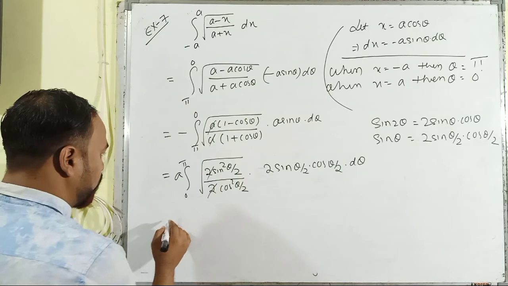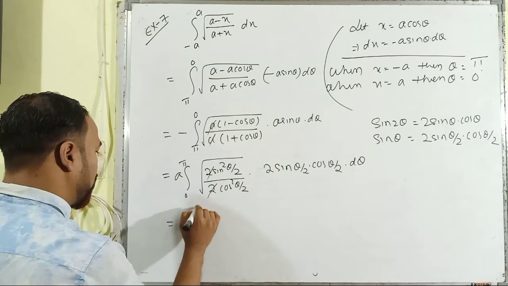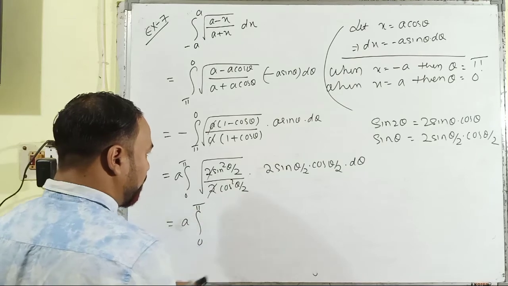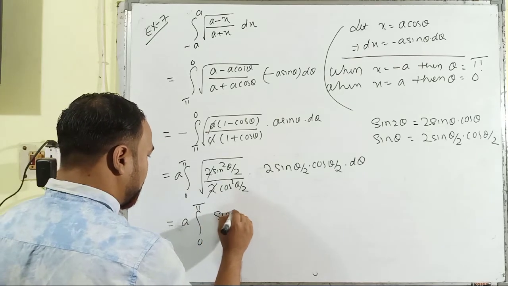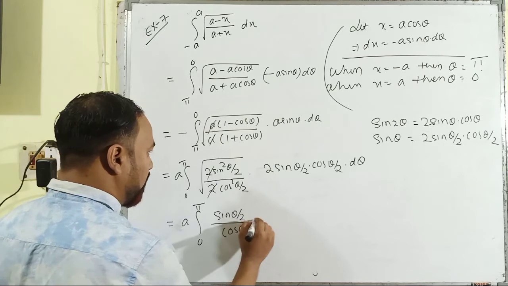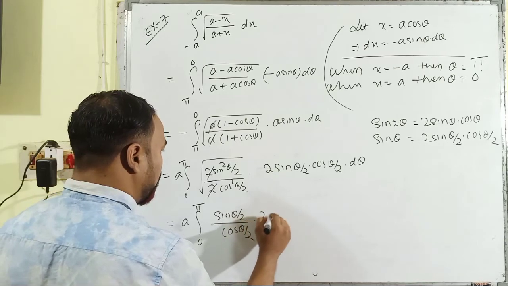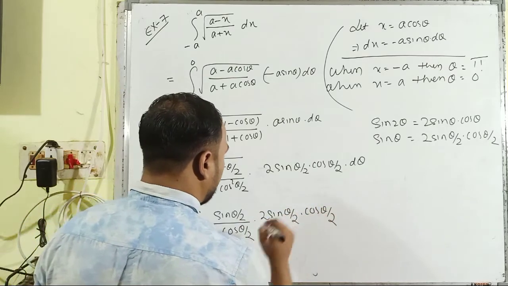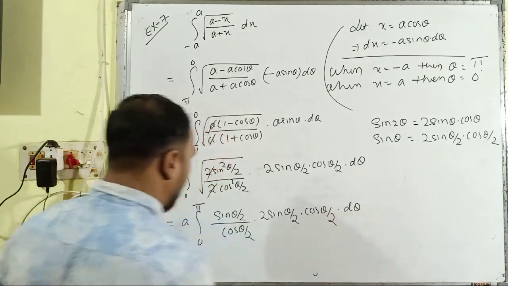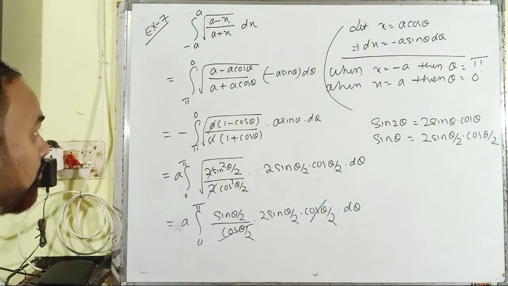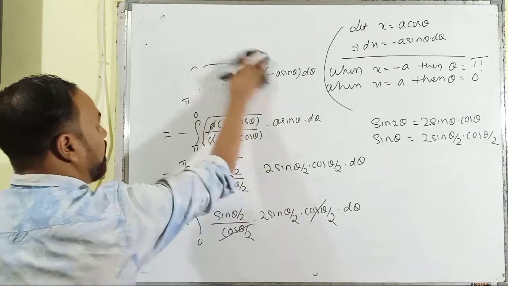Then cancelling both 2's here, it is a from 0 to pi, then sin square theta by 2 over cos square theta by 2, its square root is sin theta by 2 divided by cos theta by 2, and here it is 2 sin theta by 2 cos theta by 2 d theta. Now cancelling both cos theta by 2 here, what we are getting here,